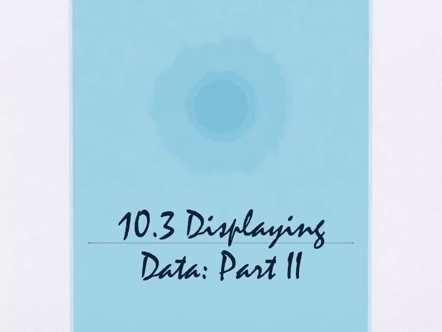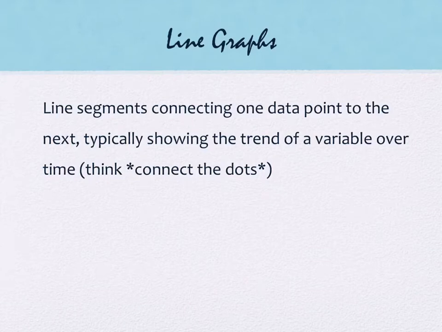Today we're taking a look at section 10.3, which is displaying data part 2. Really just a continuation of 10.2. We're going to continue on looking at different kinds of graphs and thinking about when they're used, what they're useful for. So the first one, not to be confused with a line plot, which we saw,